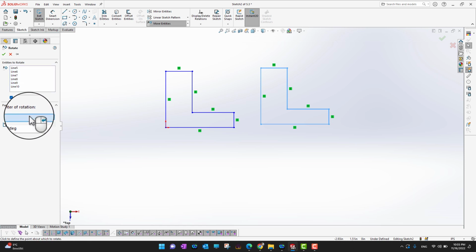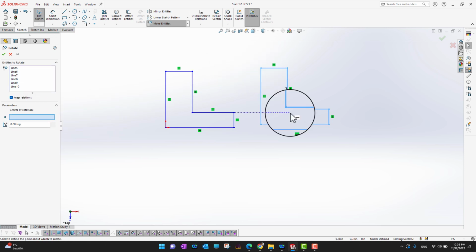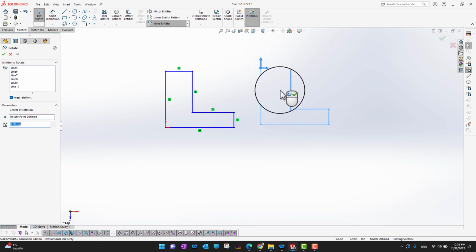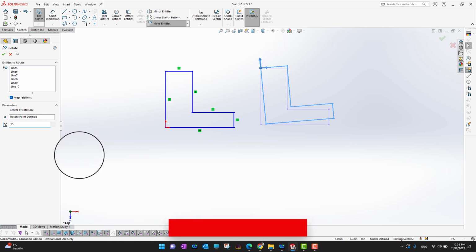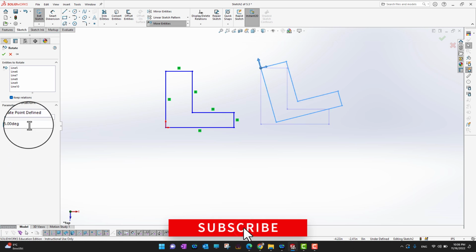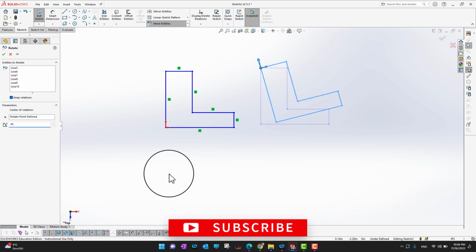So what I can do is choose the center of rotation. You can choose any point at which you want to rotate. If I say I want to rotate at this point, then I need to give the degree, like how many degrees I want to rotate. Suppose I want to rotate 5 degrees, it's going to rotate. If I want to move 15 degrees, or if you want to rotate 45 degrees,